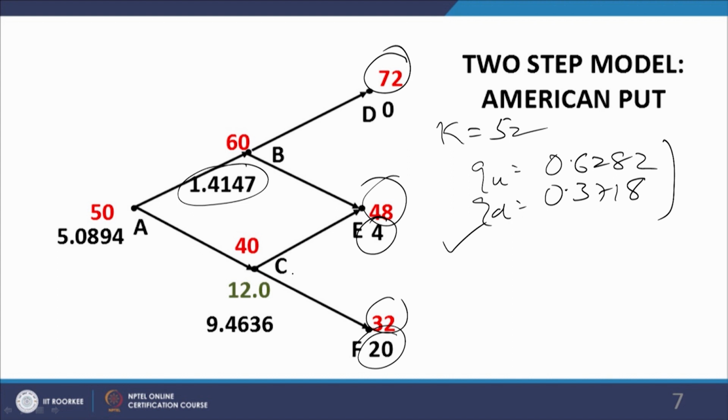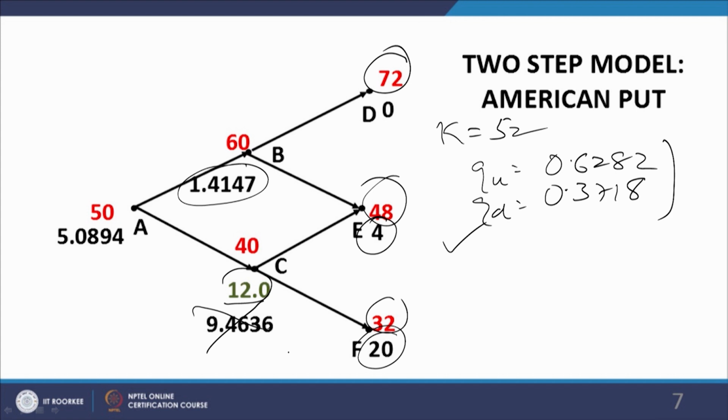So, what we do is we substitute this 12 figure instead of this 9.4636 when we work out the value of the option at t equal to 0 or at the initial node. I repeat, instead of 9.4636, we shall use 12 when we calculate the value of the option